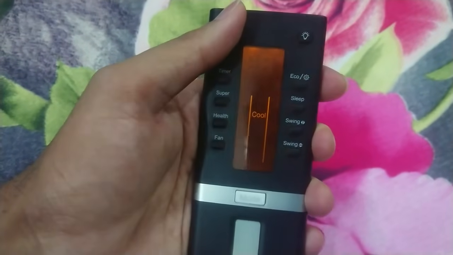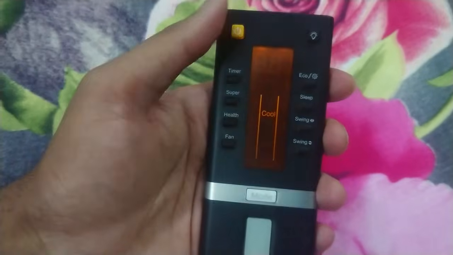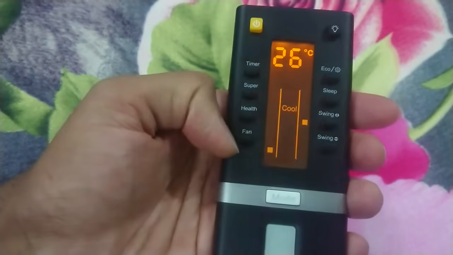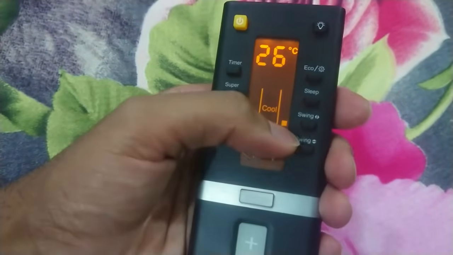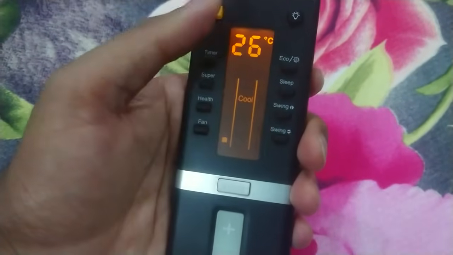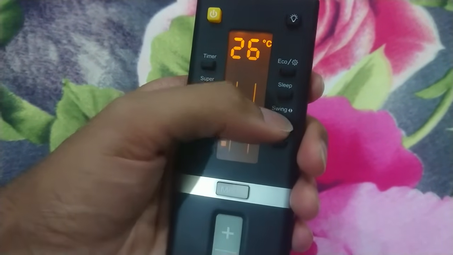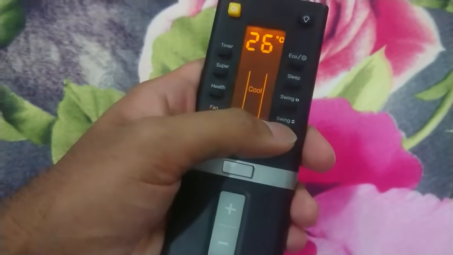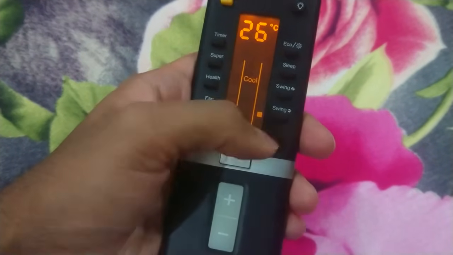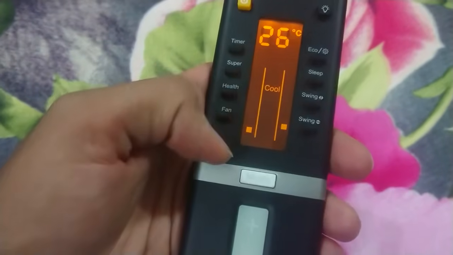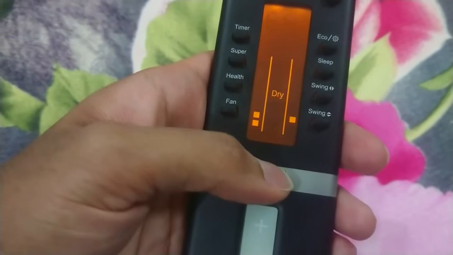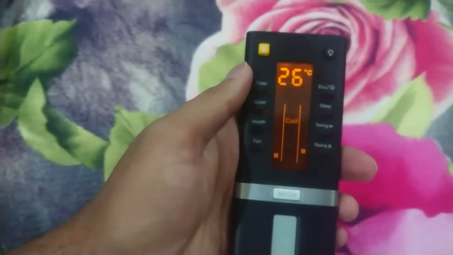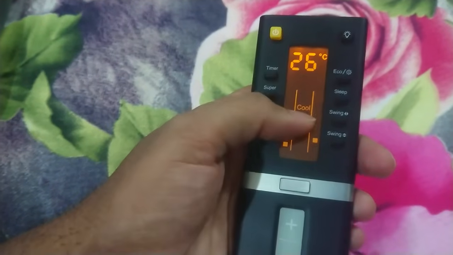Even when you switch off the AC, you can see the display like this. When you turn on, you are going to see the temperature, and one dot here which shows fan, one dot here which shows that swing is active. If you press this again, then the horizontal bars would not be moving in the horizontal direction. Likewise, another two bars will be moving in the vertical direction when this button is active. So you can change the mode, which is dry, fan, heat, feel, cool. It's always an optimal setting to choose cool mode.